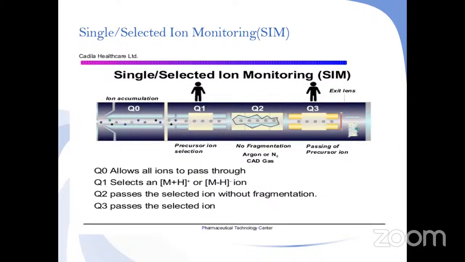So Q0, Q1, Q2, Q3 quadrupoles are explained with the selected ion monitoring. Precursor ion selection in Q1, no fragmentation, passing of the precursor ion. That is, it allows the selected ion monitoring in SIM. Whereas another mode is MRM, that is multiple reaction monitoring. Single reaction monitoring is SIM, whereas in the next slide, multiple reaction monitoring is there, that is